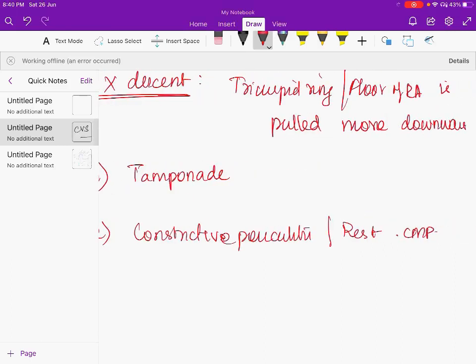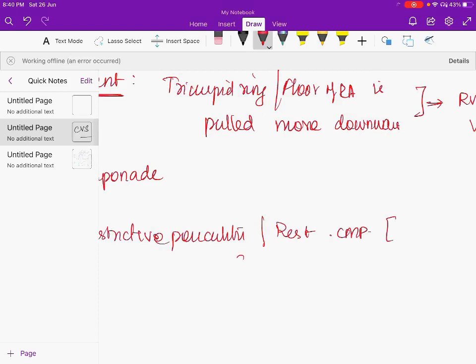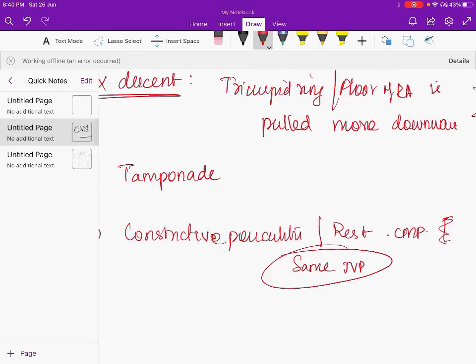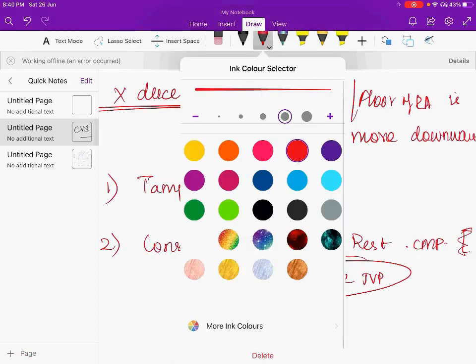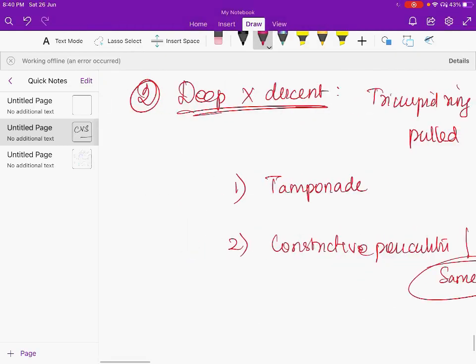So remember one point: constrictive pericarditis and your restrictive cardiomyopathy will have the same JVP picture. So I need not tell every time constrictive pericarditis or restrictive cardiomyopathy. Whenever I tell constrictive pericarditis, it means also restrictive cardiomyopathy. Okay. So moving on to the next wave, your